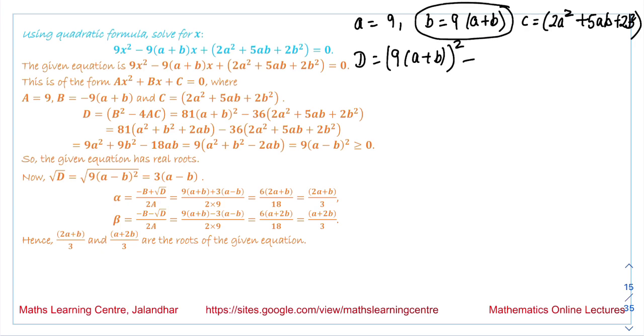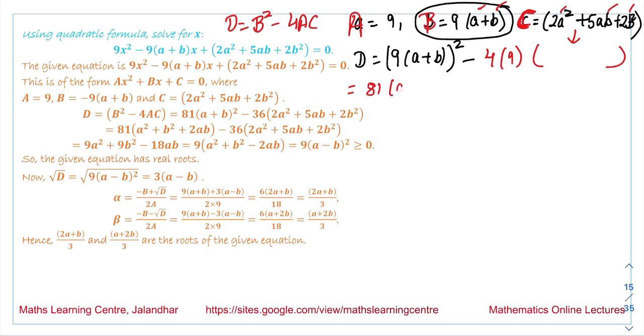In place of this, we are writing them as capital A, capital B, and capital C, because these small a, small b, small c are already in the question, so we are writing them as capital A, capital B, and capital C. So the formula for discriminant is B square minus 4AC. So it is 4A into this term, which is C. So this value will become 81 into (a plus b) whole square minus